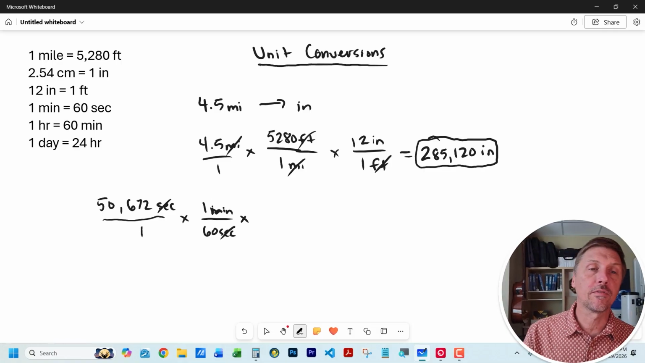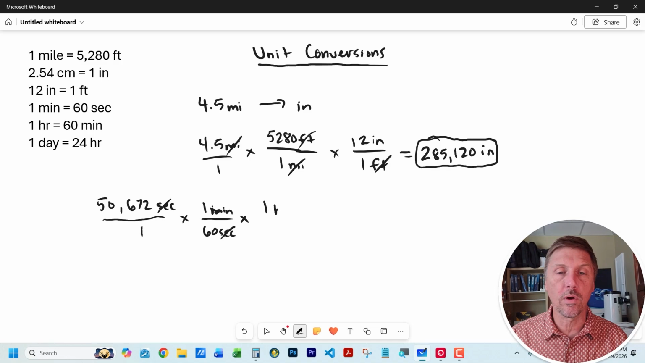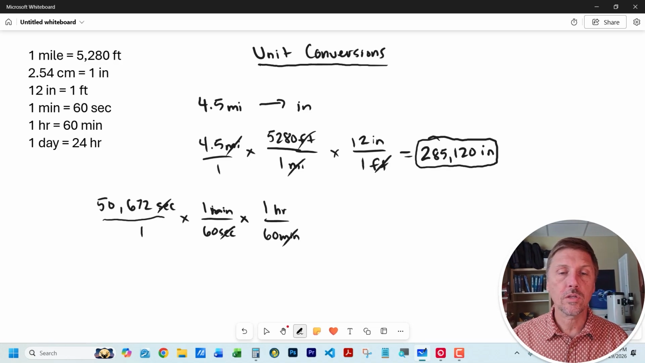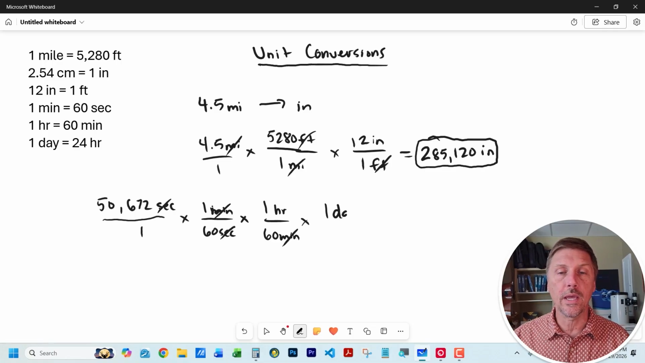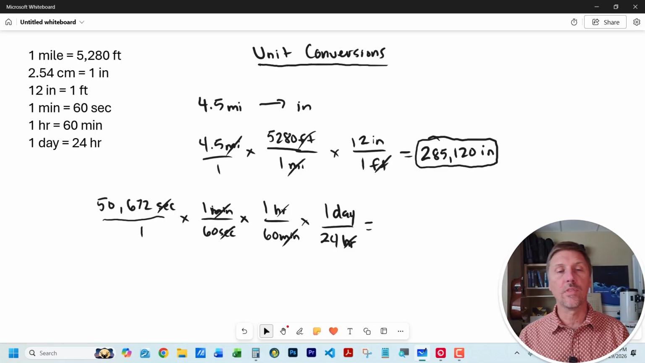minutes, and then we're going to convert that to hours by saying that 1 hour equals 60 minutes. So 1 hour over 60 minutes, our minute units cancel out, and then finally we need to convert to days, and we know that 1 day is equal to 24 hours. So that will allow our hour units to cancel out. And so when we do the math for this,